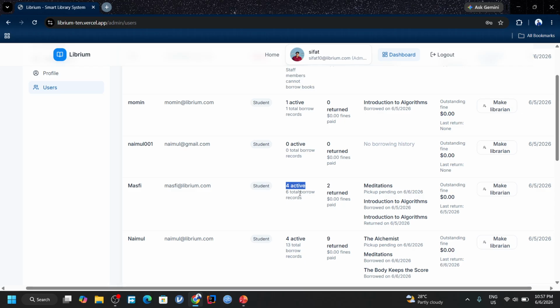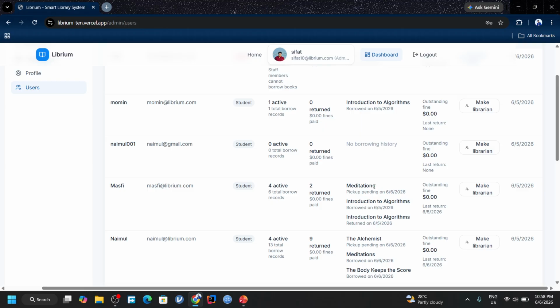Okay, 4 active borrowing books right now, and he totally borrowed 6 books in his lifetime, and he returned 2 books. 4 books are with him already, and you can see the total books are 6, so he returned 2. And his last 3 activities are like the book named Meditations. He picked this book. His pickup is pending on 6/6/2026, meaning today. He tried to book the book, and the request is with the librarians, so he can come and pick